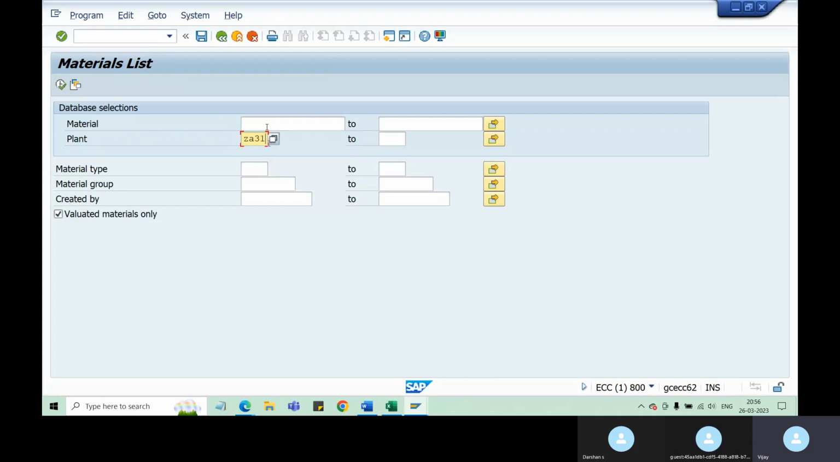Just you can give the plant, or you can give the material group, or you can also give who it was created by. MM35, yes, MM35 also you can give. So using